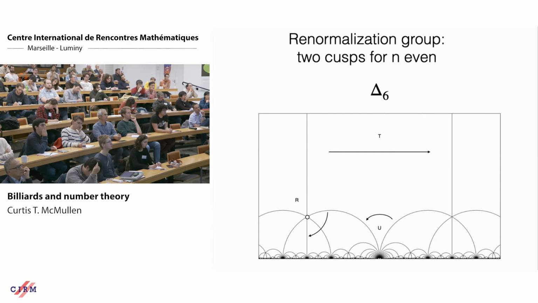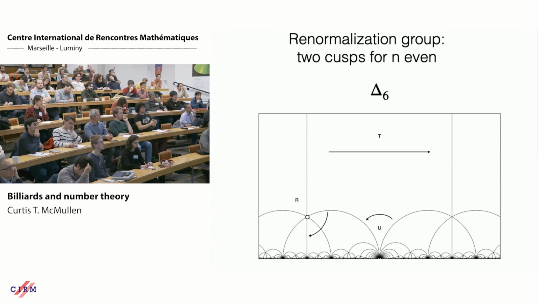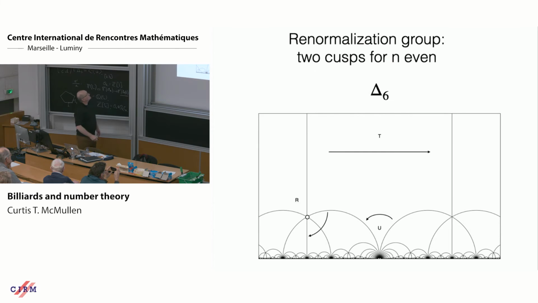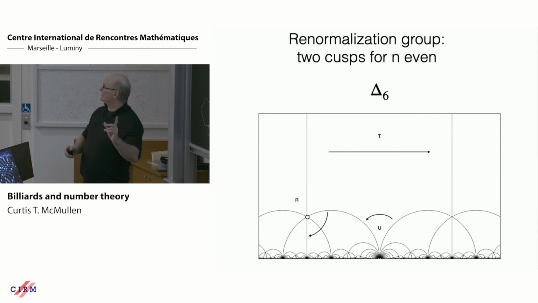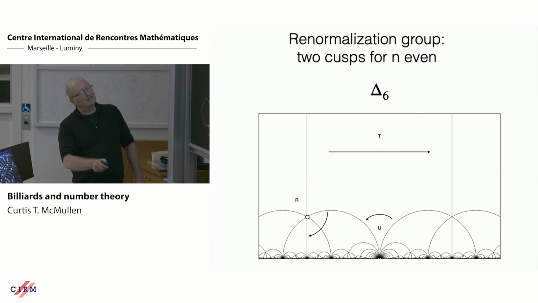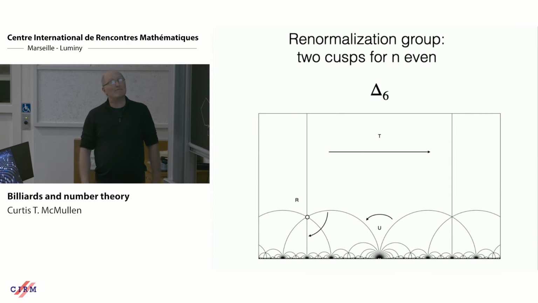Okay, now, remember the renormalization group? Let's go back to the case where n is even. I stuck with n odd previously. When you take those matrices I wrote down and you look at the group they generate for even n, it has a different looking fundamental domain. Even though the description of the group was very simple and uniform in n, when n is even, the fundamental domain looks like this. And as you can see, there are two cusps. There's a cusp at 0 and there's a cusp at infinity, and they're not in the same orbit of the